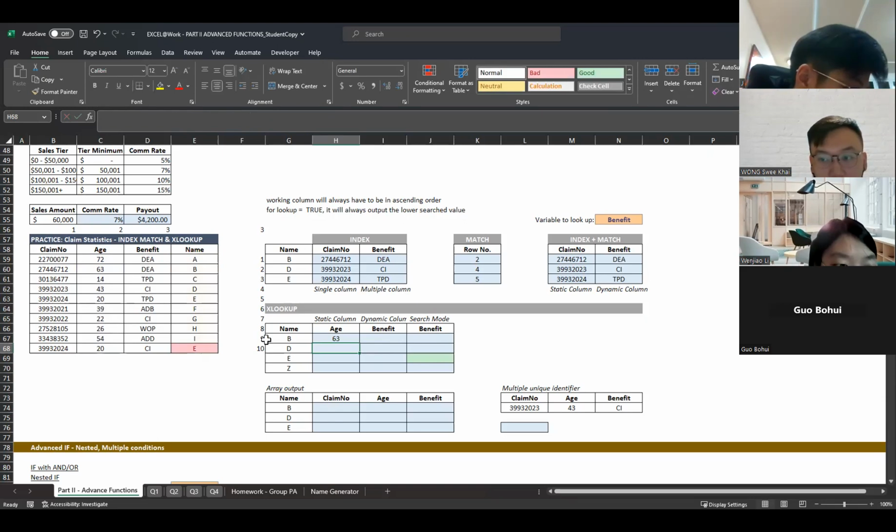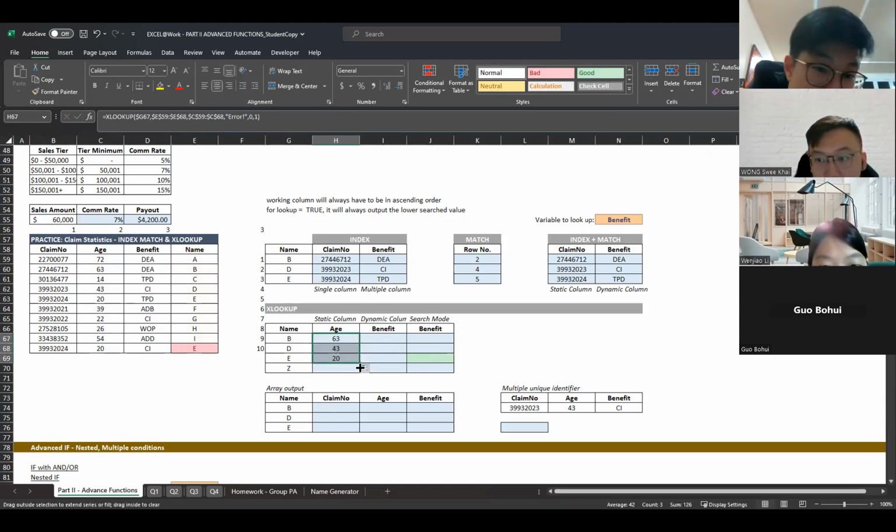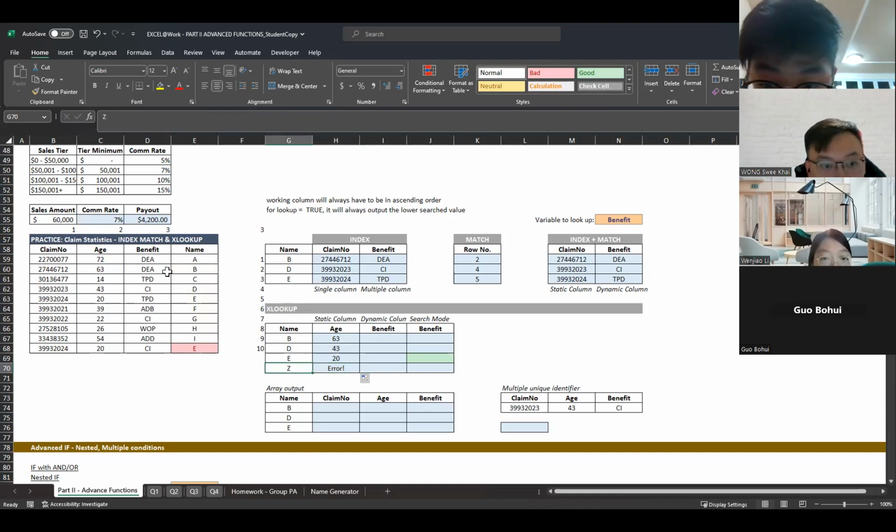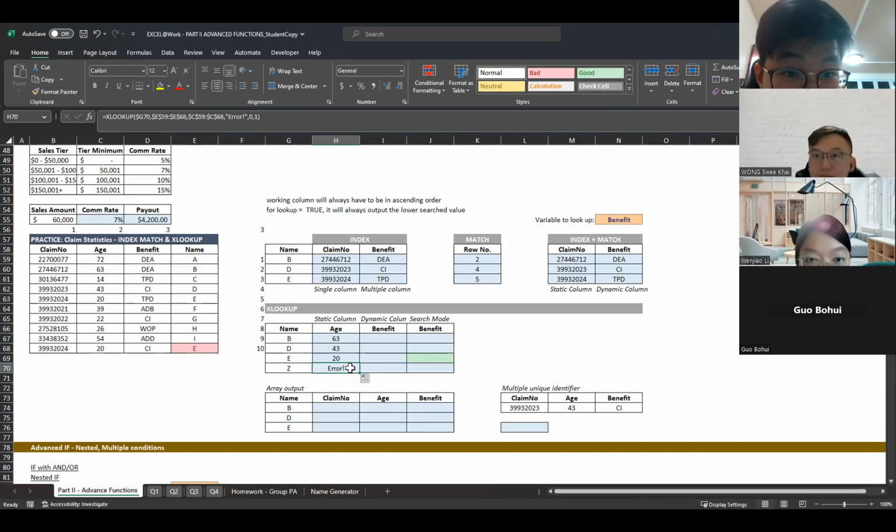If I do that and drag this down, I will have an error here. Why? Because I have no Z in this column. So when there's nothing found, it just gives me the string that I want it to return. This is good in the sense that at least there's some sort of sensible check for you.